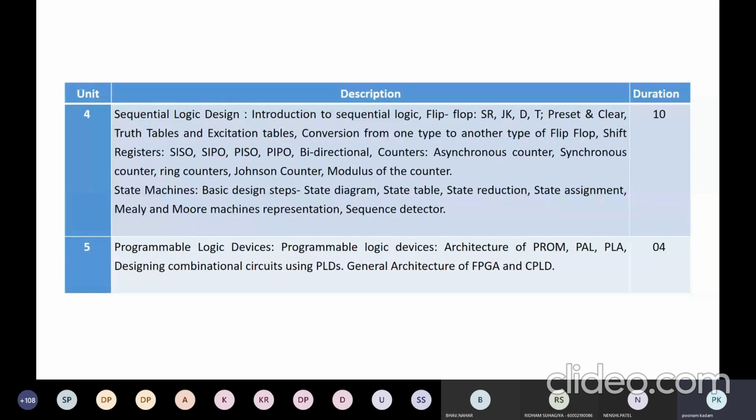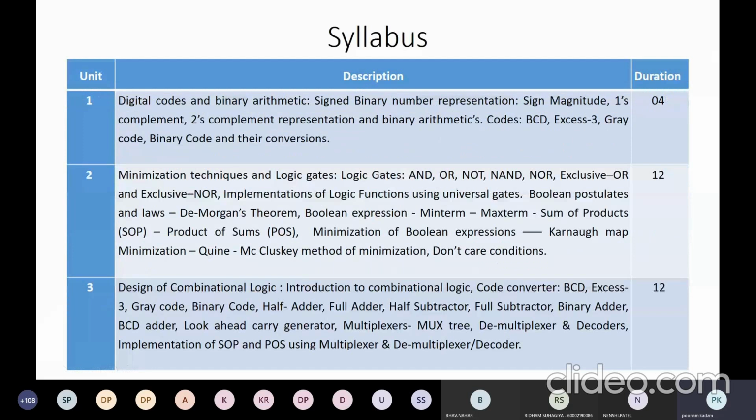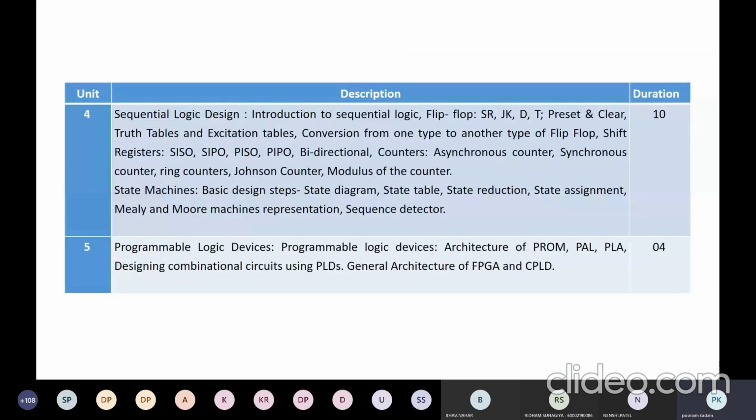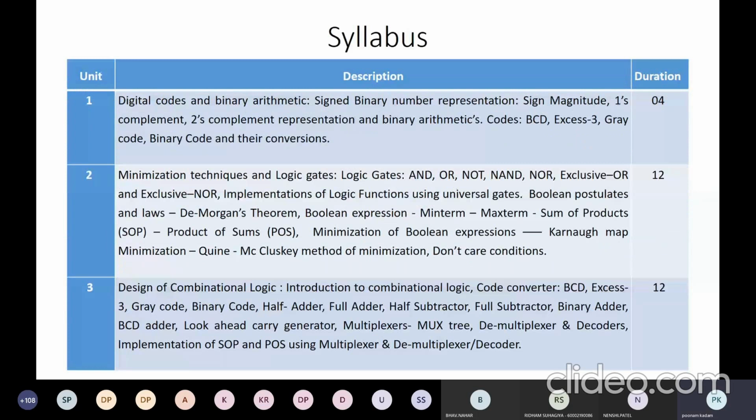So this is about the course. Now let me also tell you a few of the things before I start with the syllabus. First is that I want you people to make a separate book for this course, and please take down whatever I am explaining